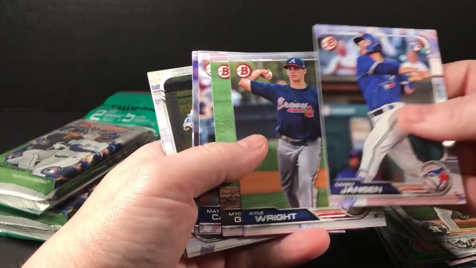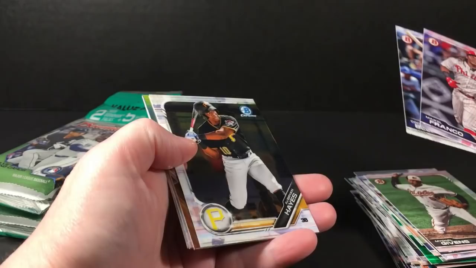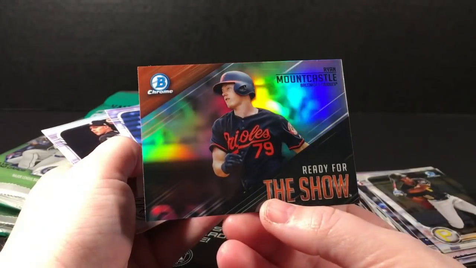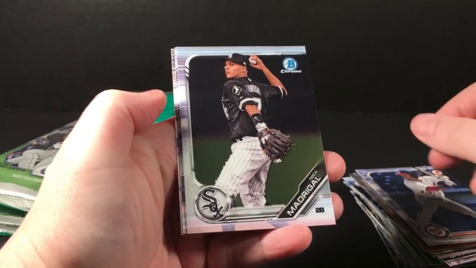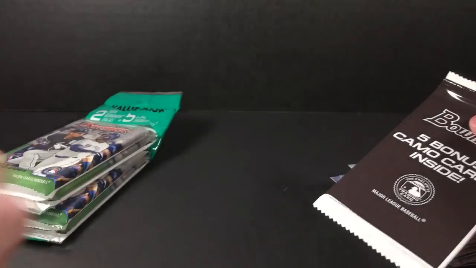Jansen, Wright rookie, Givens, Carpenter, Franco, Bellinger, Brian Hayes, Chrome, Ryan Mountcastle, ready for the show. Daniel Johnson, a Chrome Madrigal, not bad there. Sanchez and Mountcastle, and our green / camo whatever pack